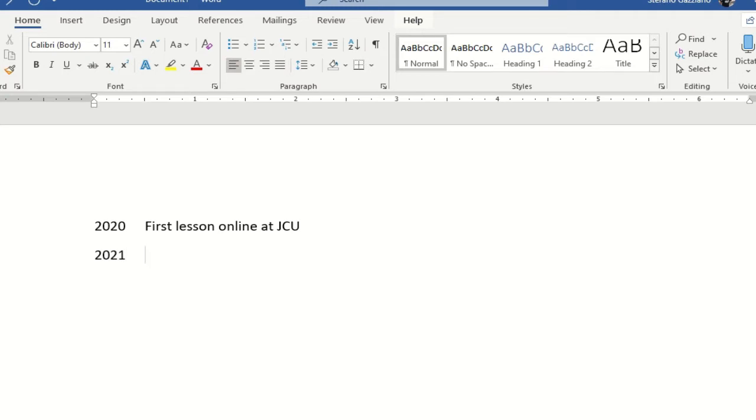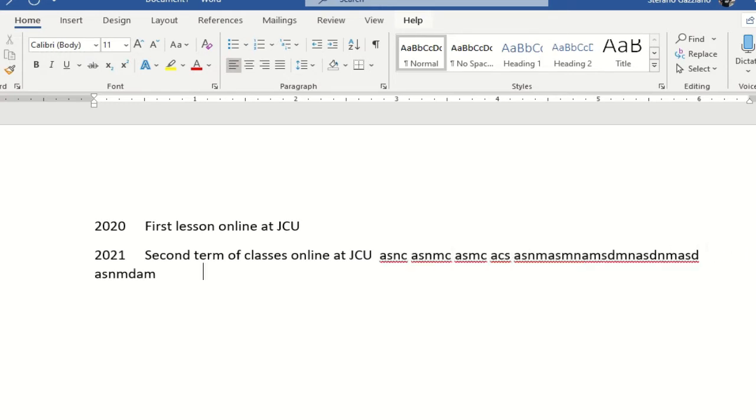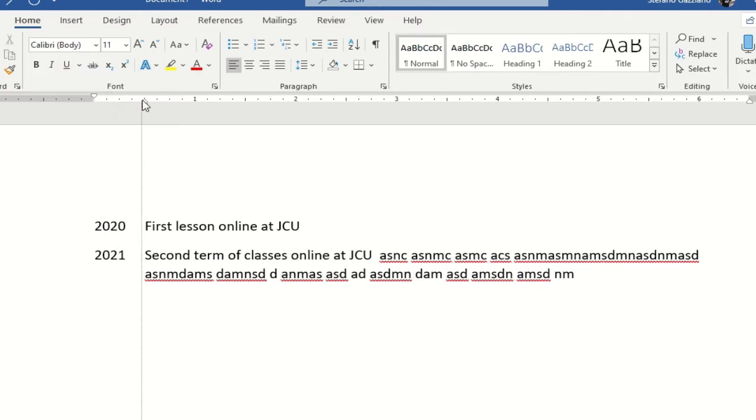2021. Second term of classes online at GSU. And then I type: we had some problems. At this point, I might want to have this second line begin in line with the first one. This is where the hanging indent comes in handy, because I move the second indentation there. And at this point, I have created